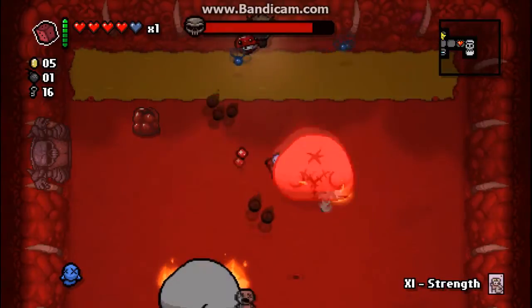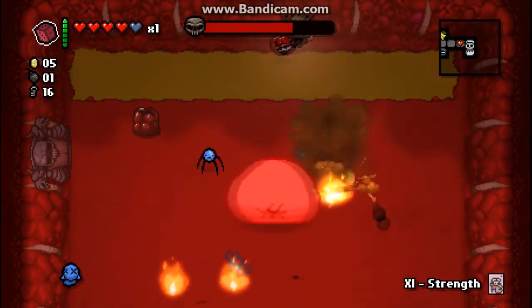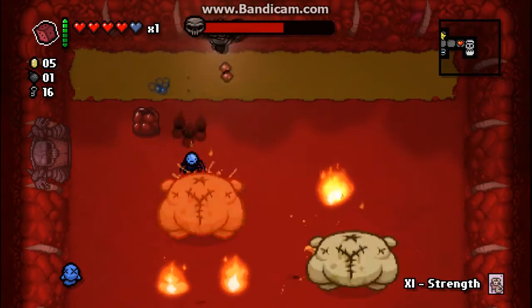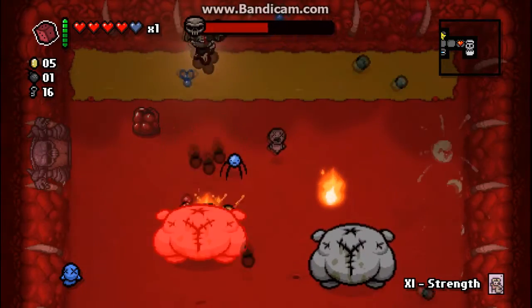Don't need to worry too much now that I can fly and just stand over here and be like, haha, you can't hit me. I've forgotten what I was saying before. It might come to me... Oh yeah, because it's a random number generator,